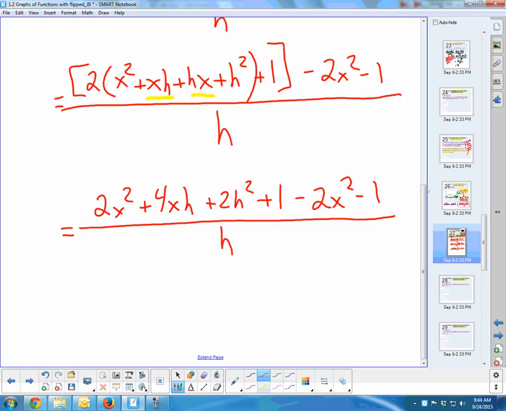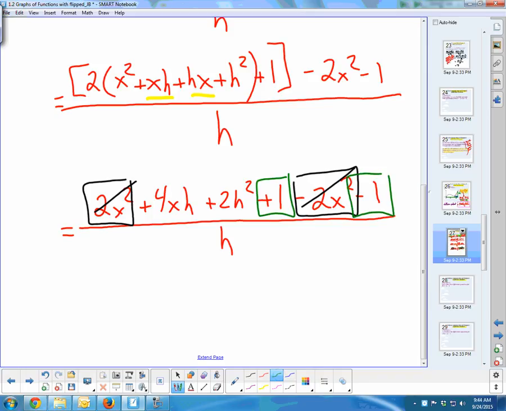So now I have no more multiplications to perform, so now I can start looking at combining like terms. I notice that I have a positive 2x squared and a negative 2x squared, which are going to combine for a 0. I notice that I have a plus 1 and a minus 1, which are going to combine for a 0 and disappear. And so my next line, just to make it easier to look at, is going to be 4xh plus 2h squared